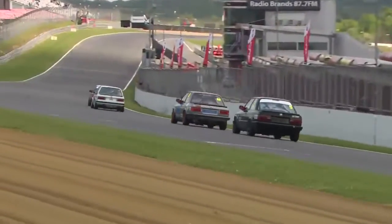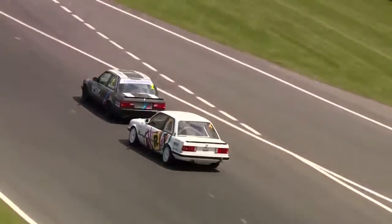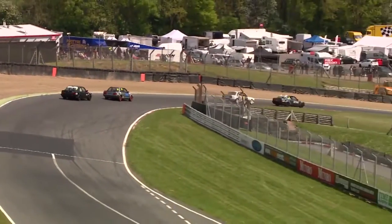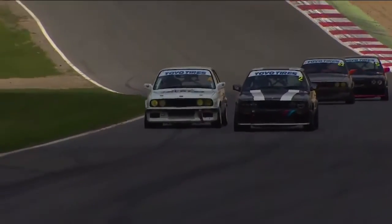Now the battle for the lead is much closer once more, and Harry Goodman is tucked up behind Matthew Swaffer. They cross the line. This completes lap 7 of the race. We've got exactly 8 minutes remaining as again Goodman looks the outside line. Swaffer positions his car to perfection, but Goodman's going to draw alongside now, climbing up towards Druids,